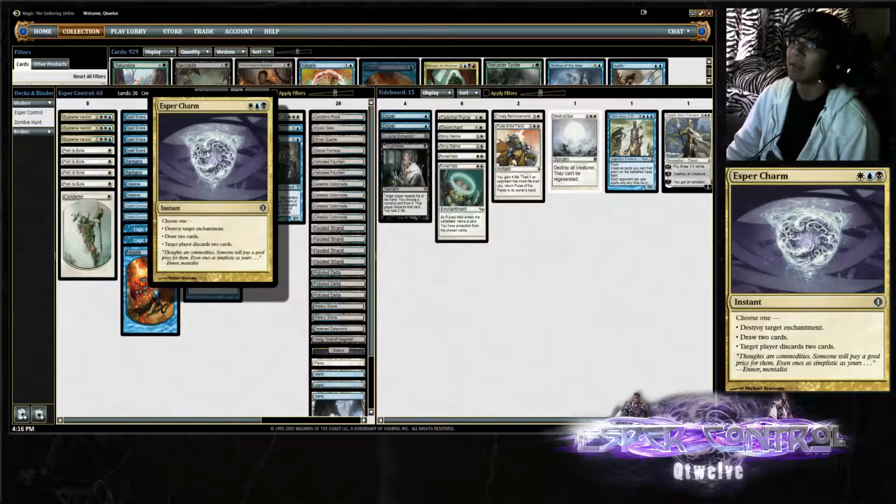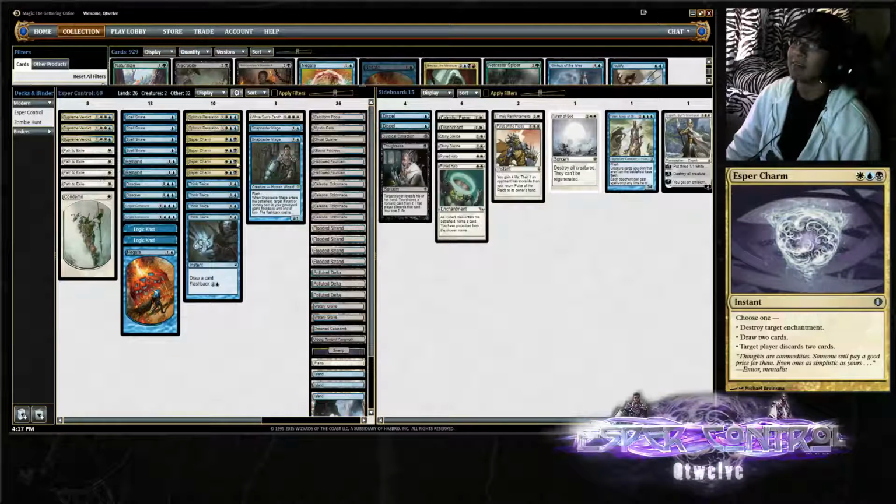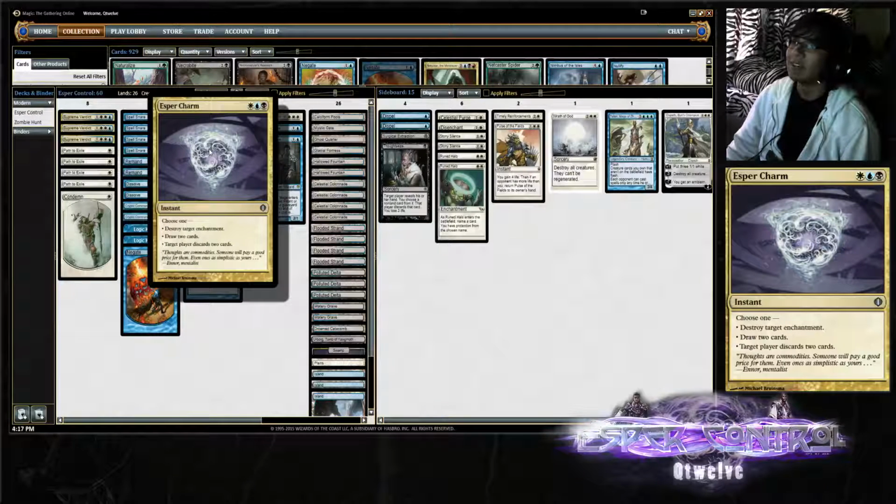Esper Charm is an amazing card. This is probably the reason why I play Esper Control, other than the counterspells and removal and the draw. Esper Charm is an instant Mind Rot, an instant Divination, and an instant really bad Demystify. But still, it works pretty good as a Demystify because it gives you those three options that you